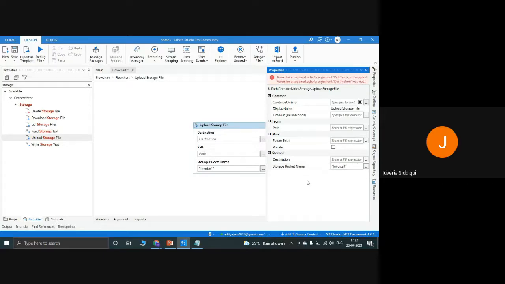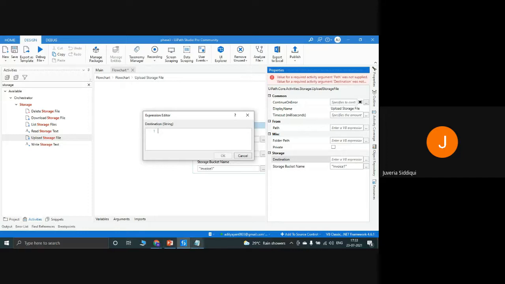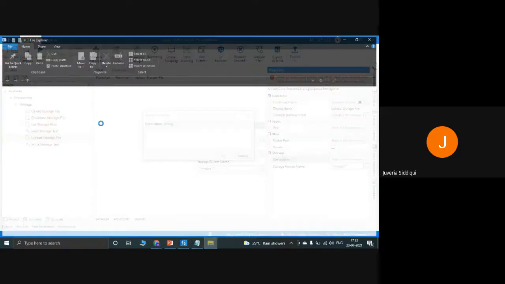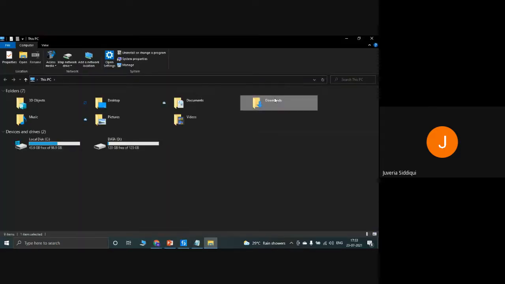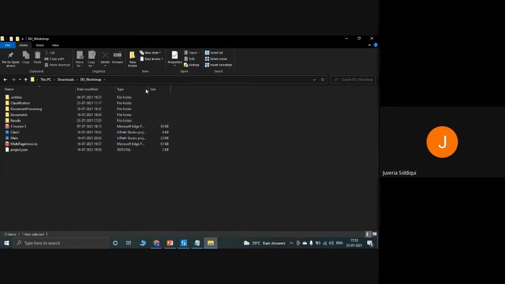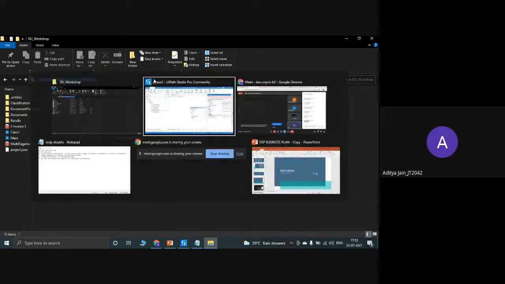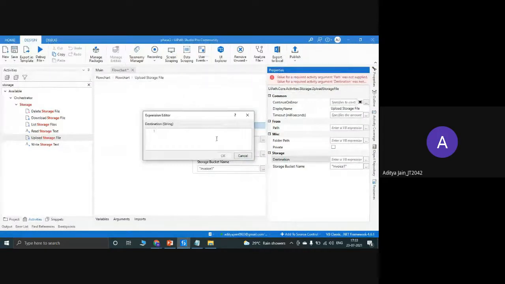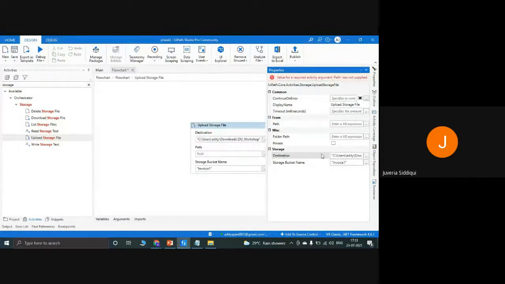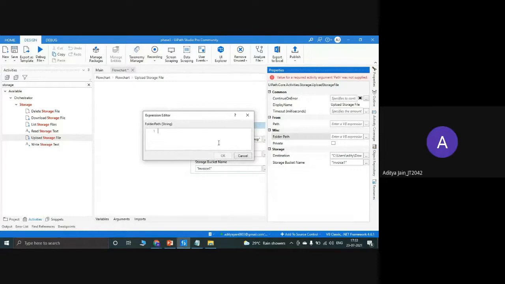For destination, give any folder location that you want. Yeah, let's just put this. Okay. And from where you want to upload, just give a file over here, any of your file destination.